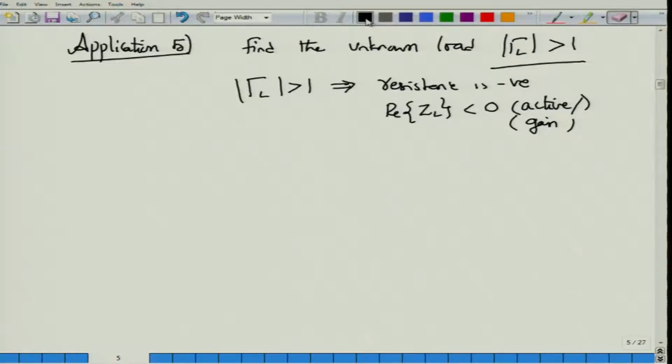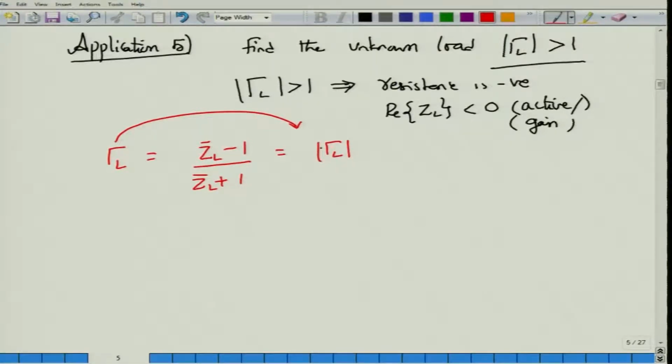We know the relationship that exists between gamma and Z bar, the normalized impedance. What is the relationship between these two? Well, I know that gamma is given by (Z bar minus 1) divided by (Z bar plus 1), right. Someone has given me the value of gamma L here, which is greater than 1, no matter. So, I can write down this gamma L, call this ZL bar, with the value of the reflection coefficient expressed in polar form. So, I have the magnitude of gamma L and an angle which I will denote by a different notation, theta.